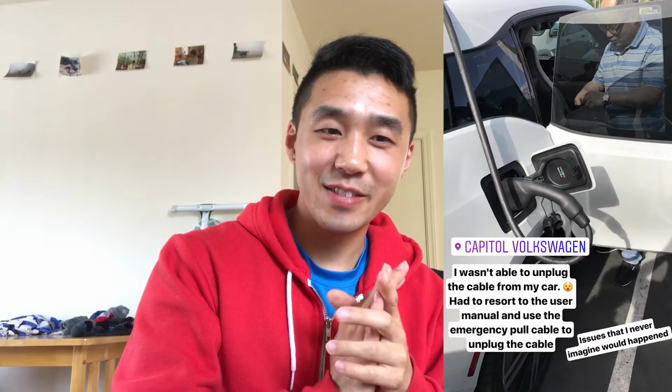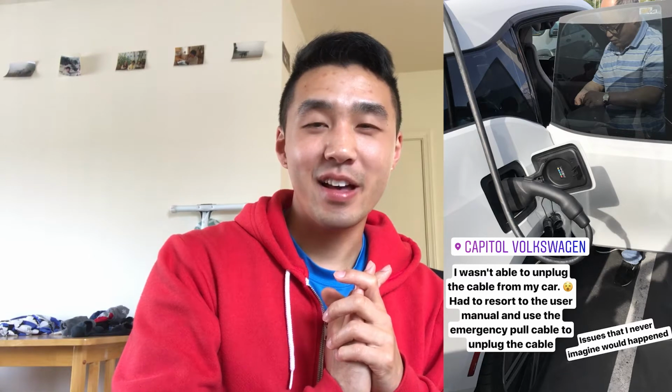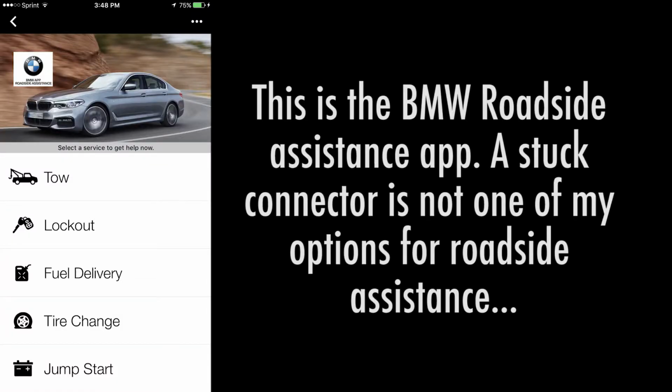So I was sitting inside this Volkswagen dealer with a plug that I can't unplug, and I was contemplating, should I call BMW roadside assistance, and how will roadside assistance even help me for this kind of car, because it's such a new car, or not a new car, but an unusual car that it's not really part of roadside assistance. So off to the manual I went, and the actual manual, physical piece of manual,